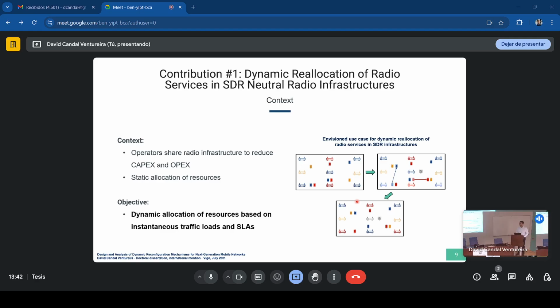But I mean implementing some kind of artificial intelligence to manage how the resources are allocated, and these things, to improve how the network works. Given the fact that today it's really important to readapt the network to meet the requirements, I feel this is the contribution that is more important from those that I presented.